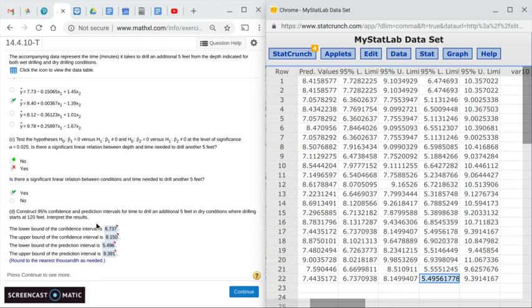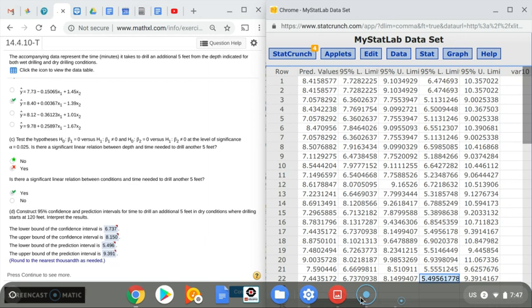And this video is running a little long, but it's worthwhile to make sure you know what the difference is between this confidence interval and this prediction interval. Okay, you can always ask me. I've explained in a couple other videos, but if you